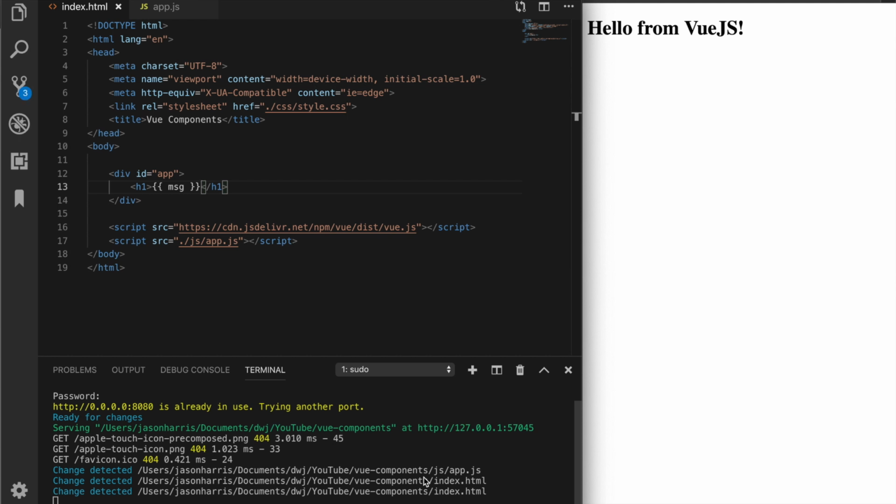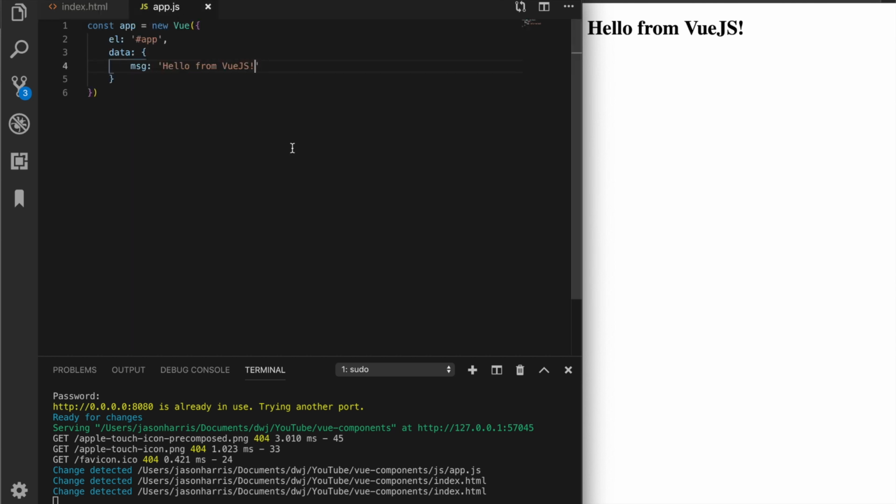Okay, and so we know that everything's linked up all right. We have a Vue instance now that's giving us a message of hello from VueJS. But now, how do we create a component? Well, to create a component,